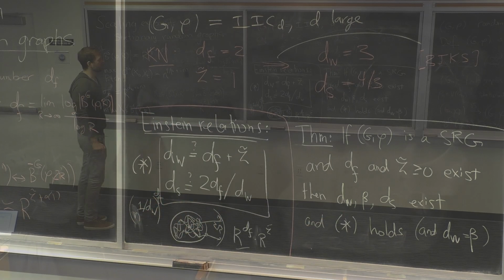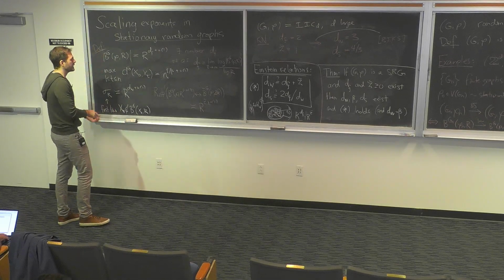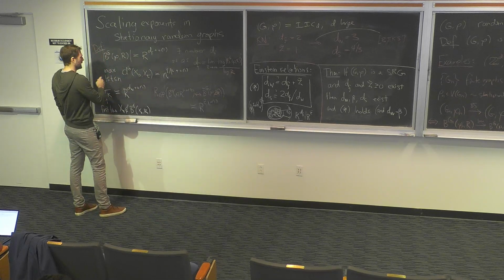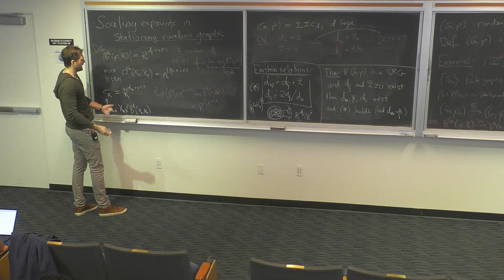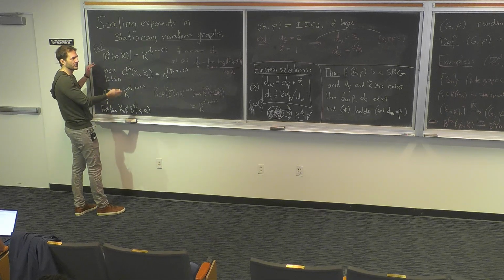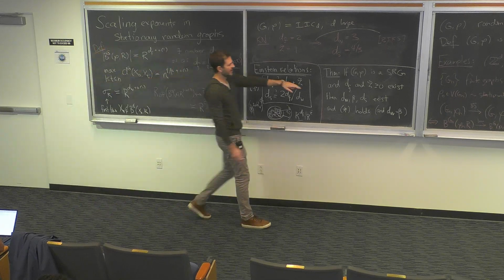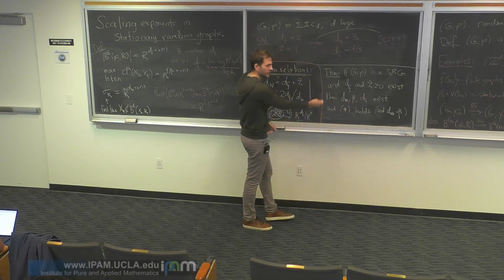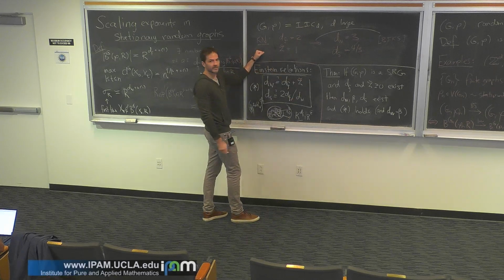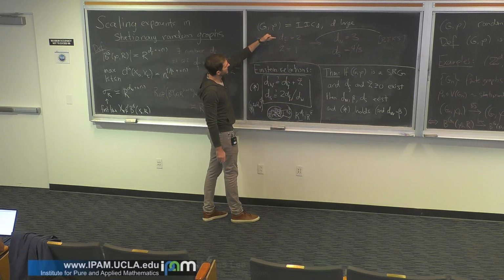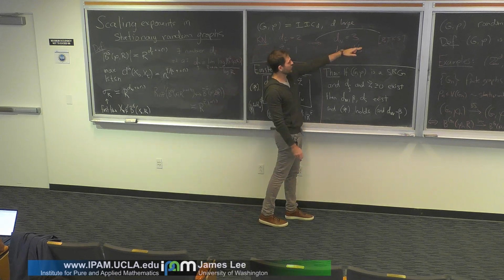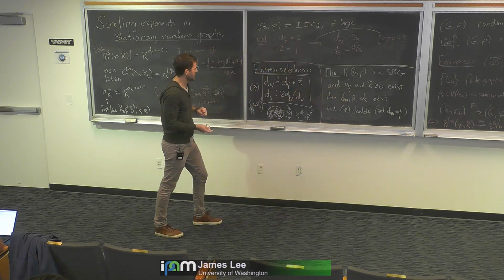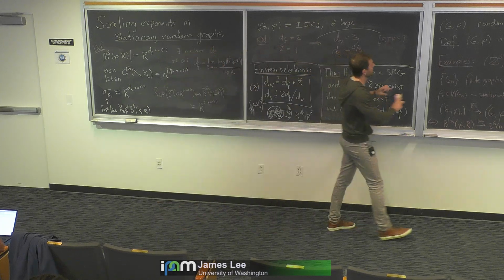And in fact, if you're really paying attention here, then you could come here and you can, not on this, but on many of these things, you could take an annealed version where you say condition on the graph and look at the average value of these quantities. Everything collapses nicely in the case when these exist. All the quenched versions are equal to their annealed versions and so on. Okay, so here's a theorem, and in particular, this theorem applies in this setting. This is a stationary random graph. Okay, so the implication was known before, but this theorem, which is the main theorem I'm stating today, applies. Okay, so